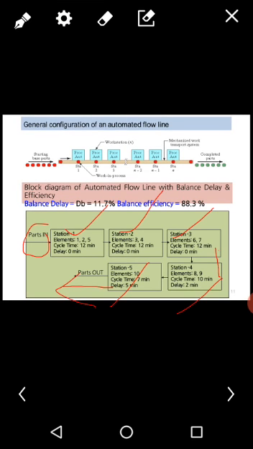In the coming video we will solve one more problem based on this method. Got it? Before attempting that problem, once again I am stressing, please be thorough with the terminologies and formulas. Thank you.